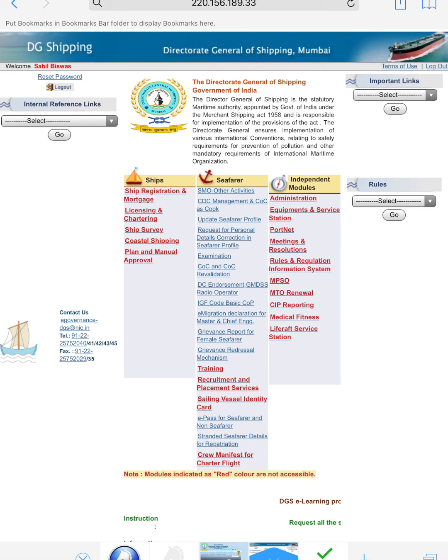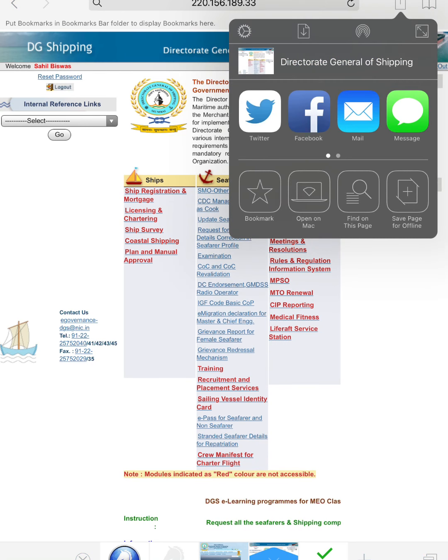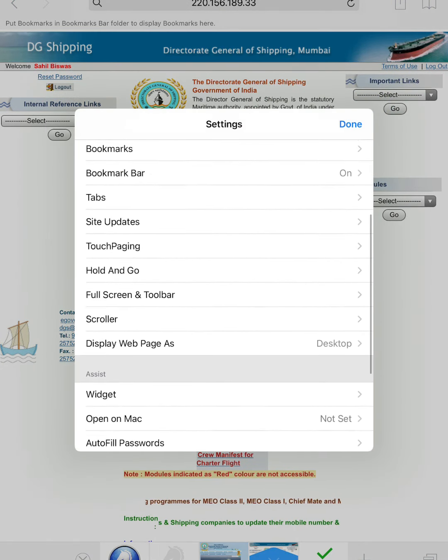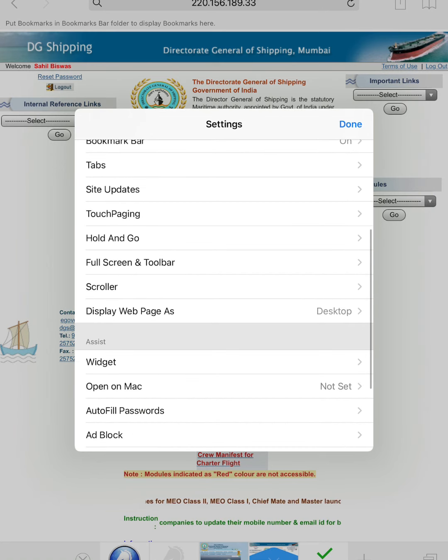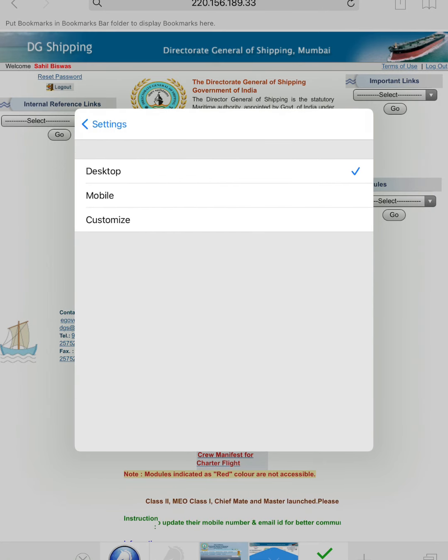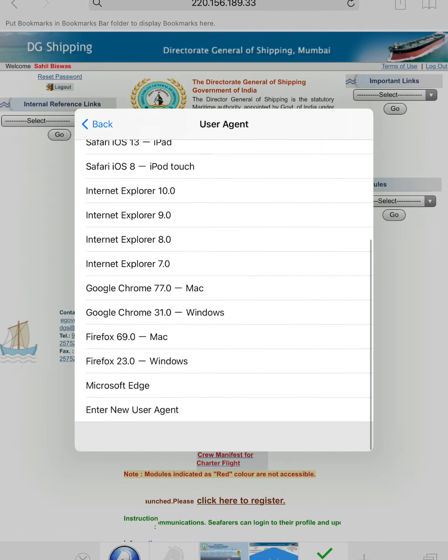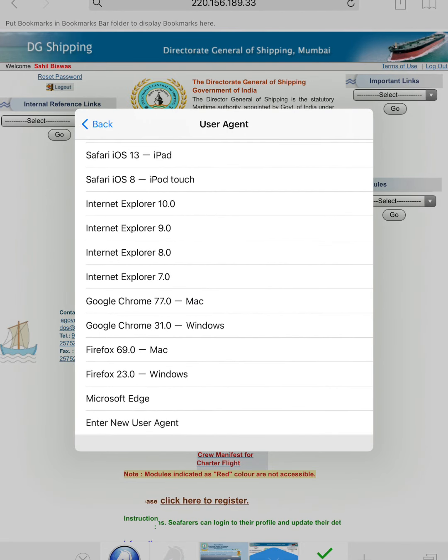The setting is like this. Click on the arrow in the right-hand corner, go to the settings gear icon at the extreme left corner of the tab, and go to Display web page as. Click Customize, then click User Agent. There are several browser types.